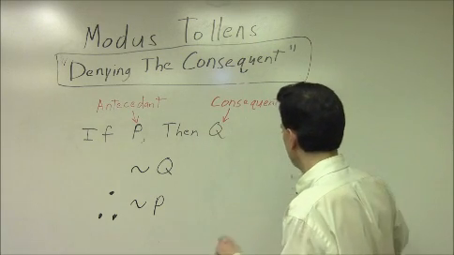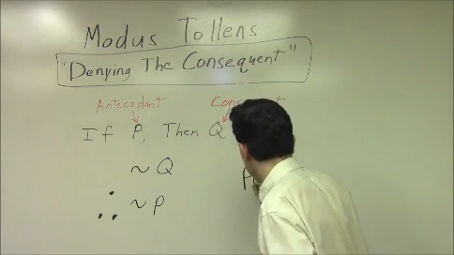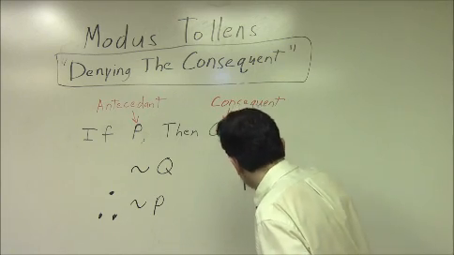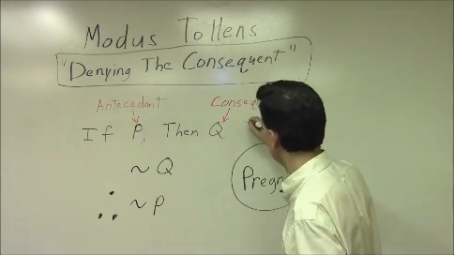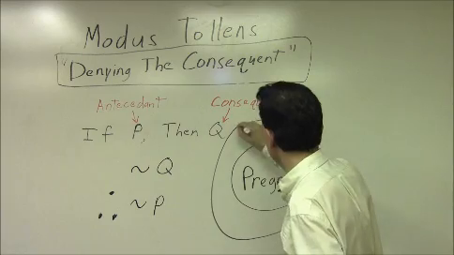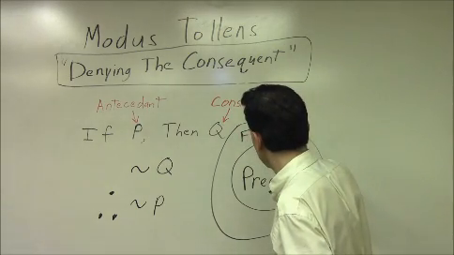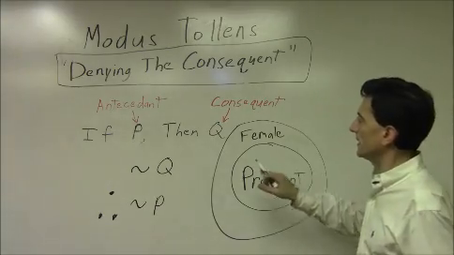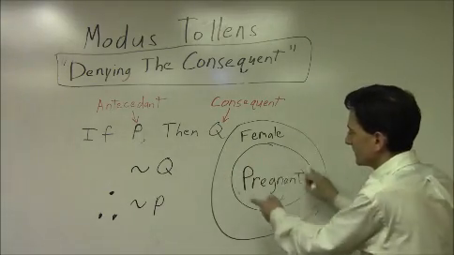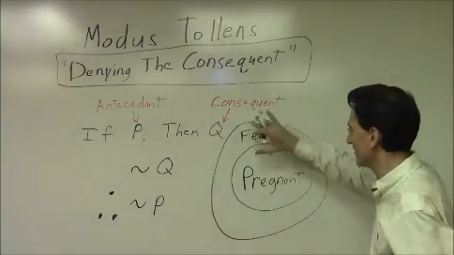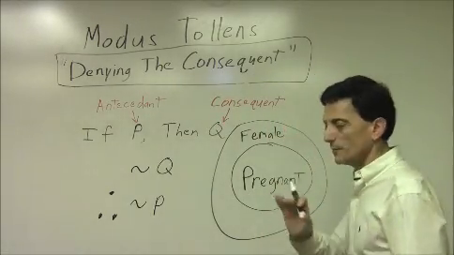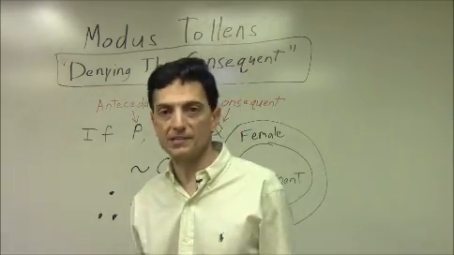Let's see if we can get that by diagram. Here's pregnant. Here are all the pregnant students, and here are all the female students. And what we can say then is if the student is pregnant, then they're participating in this wider idea, or this wider category that we call female. Okay, that would work. Now, we said that we'd always engage in some kind of empirical investigation, and let's say